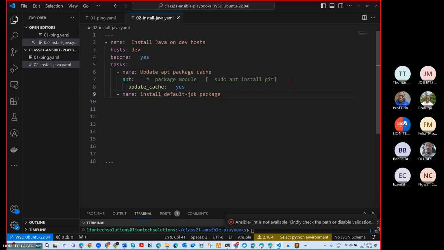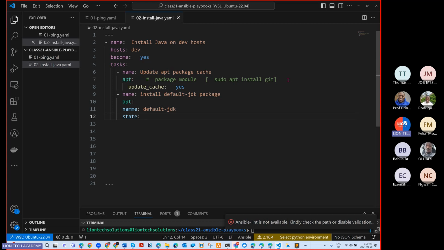And again, we're going to use the apt module. See how we're using a module in there. And of course, the name of the package is called default JDK. And of course, the state is equals to